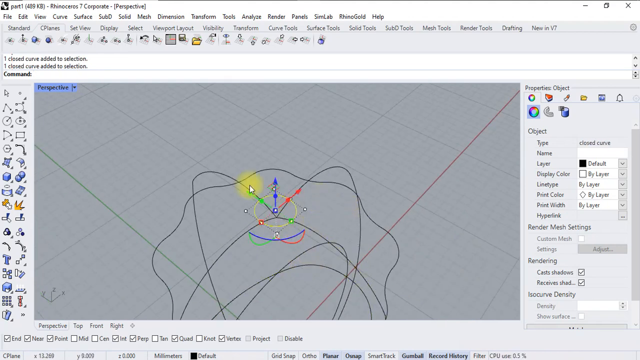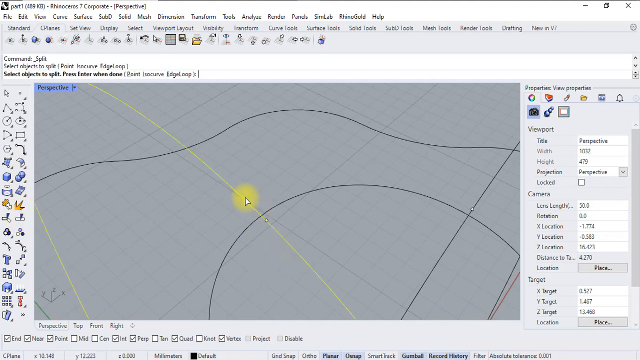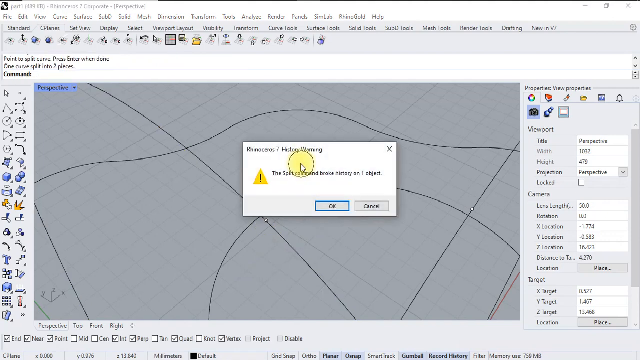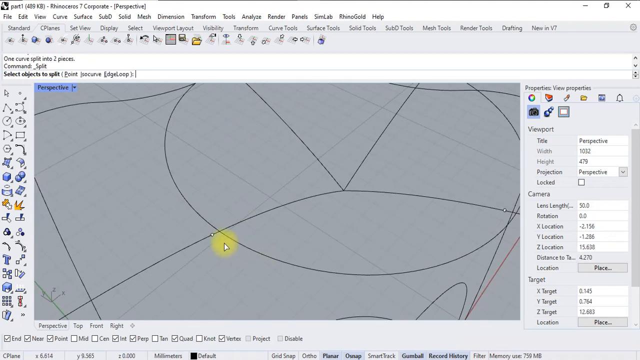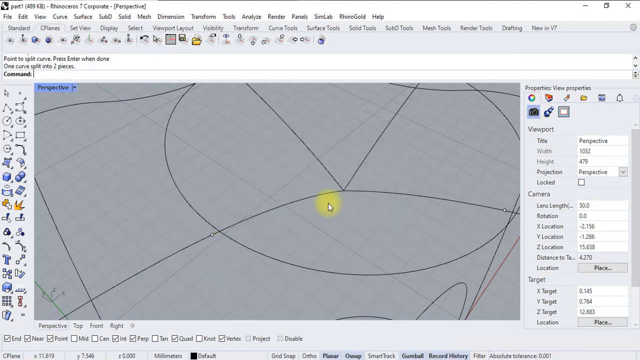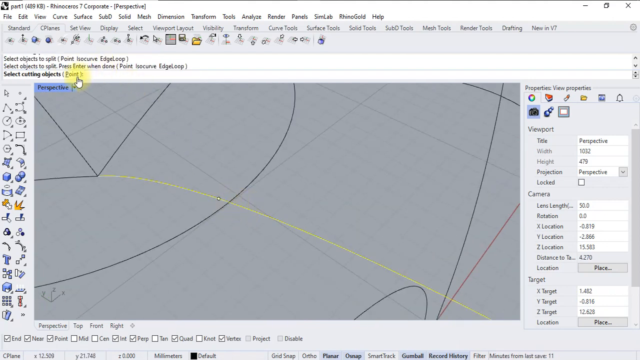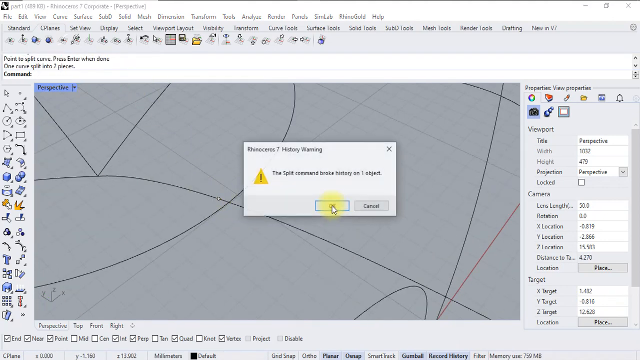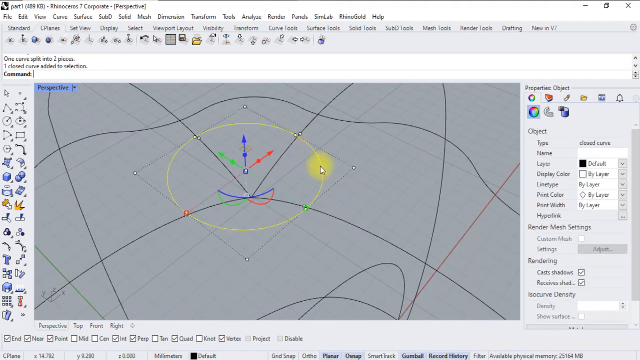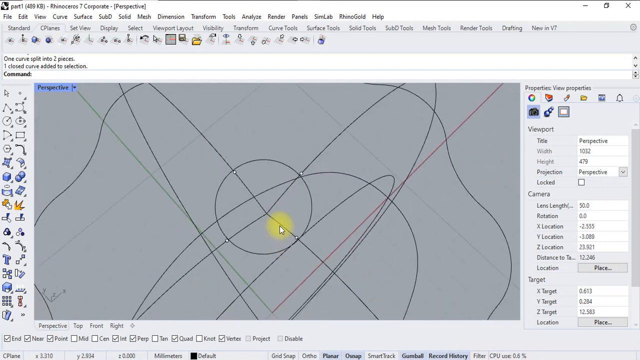Okay, let's try another thing. We can do split, select the curve, enter, and we can use the point option. Same for this, point, select the point. Point option and click on the point. Okay, so right now we have to try